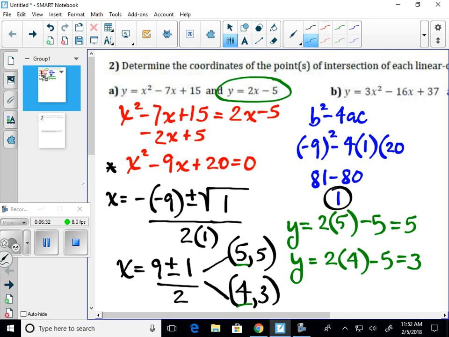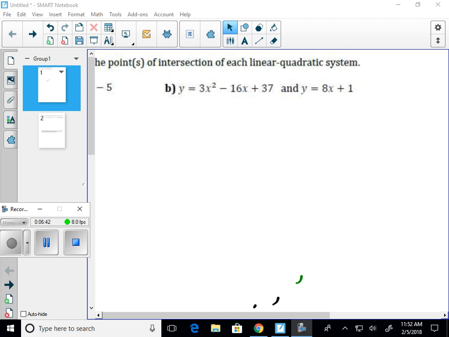I want you to go ahead and plug in these two equations into your calculator and check to make sure those are the points of intersection. I think you're ready to go ahead and try B on your own, please. So I want you to pause the video. I want you to work B from start to finish. I will do the steps so that you can see what's going on,